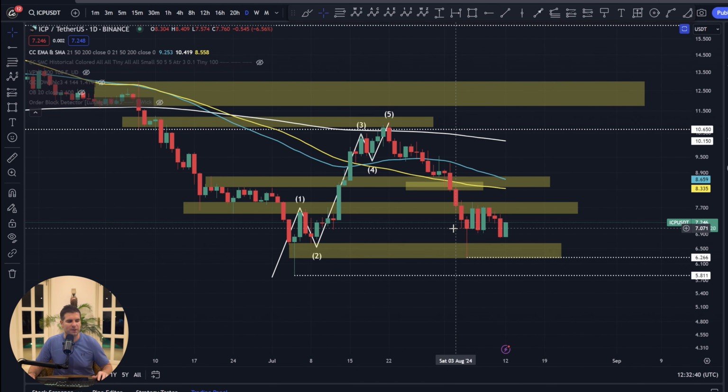Okay, so for ICP, I think it's in a really interesting spot right now. Don't necessarily have to be trading right now. We don't have to be buying right now, but I do think it's in a great place for dollar cost averaging. And if we are to be trading, we're going to be trading using BitGet, we're going to be using leverage, and we might as well be waiting for confirmation rather than just jumping in without it.